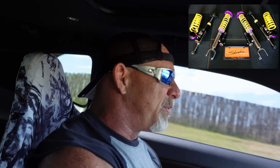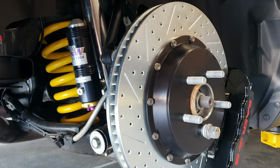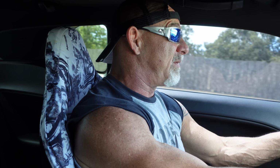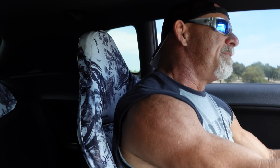The package that we put on, I would have to say, is the one thing that makes the biggest difference in the handling of this vehicle, in the performance of this vehicle. As you can tell, this thing sticks to the road. Weight transfer is just unbelievable. I mean, it is just grounded the whole